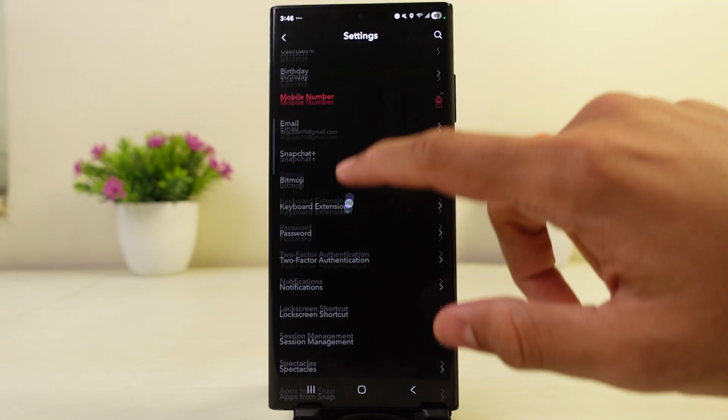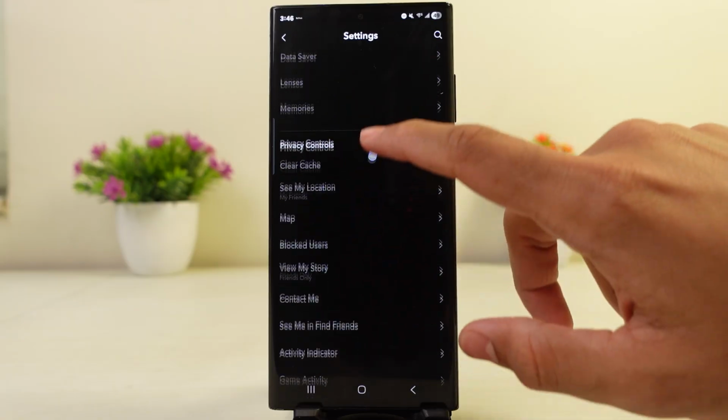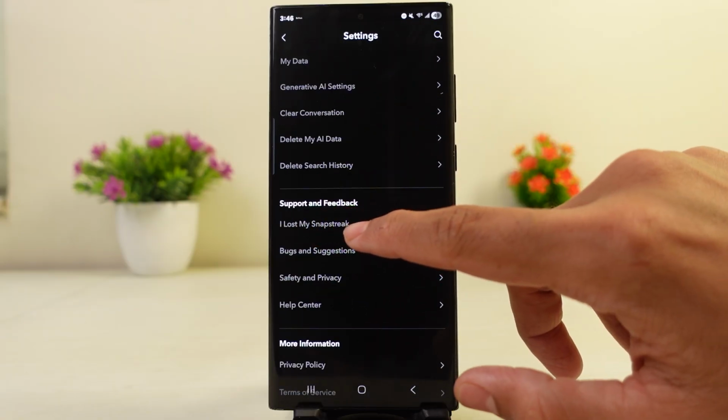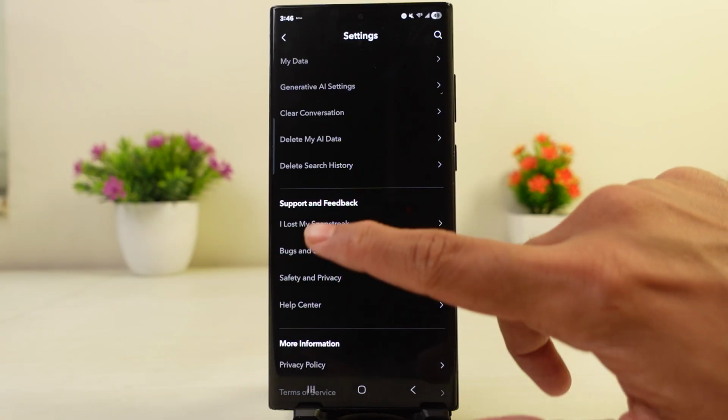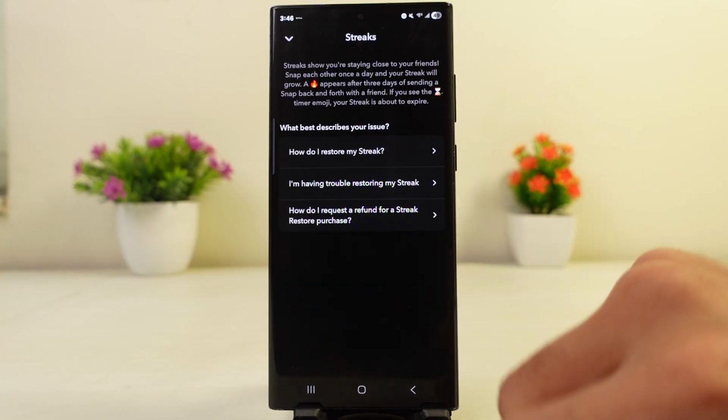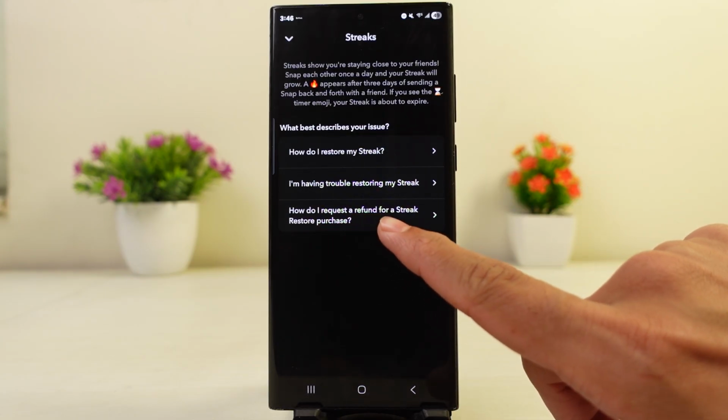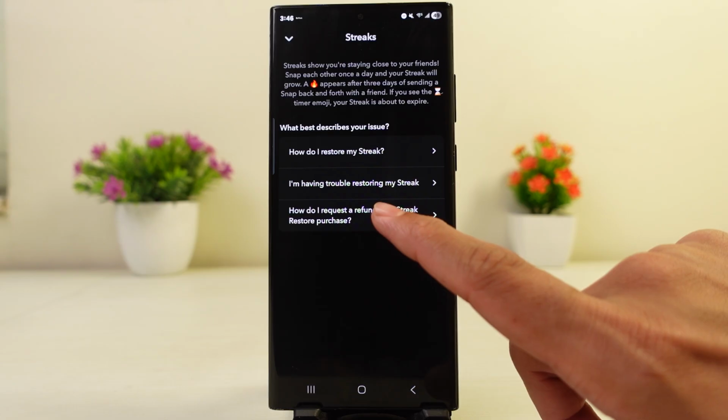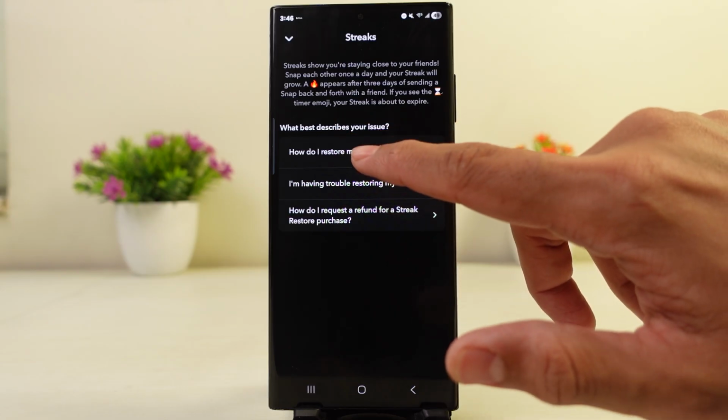After that, you want to simply scroll down from here until you see an option called "I lost my snap streak" on supports and feedback. You want to simply tap on here and you want to simply tap on "How do I request a refund for a streak restore purchase," or what you can also do is you want to simply tap on "How do